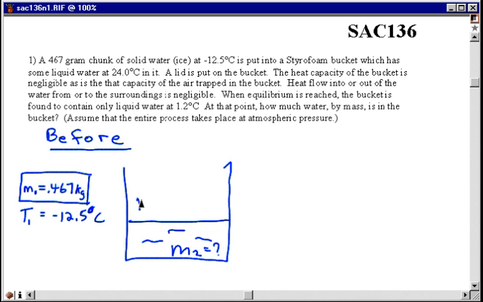We do have a temperature. I call it the temperature of water sample number 2, T sub 2, 24.0 degrees Celsius. Alright, in the after picture,